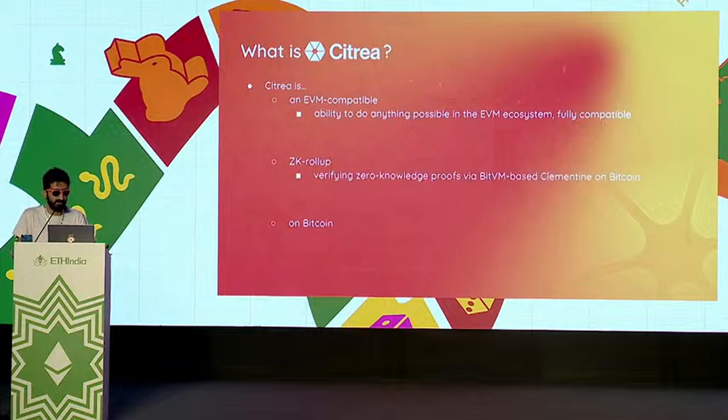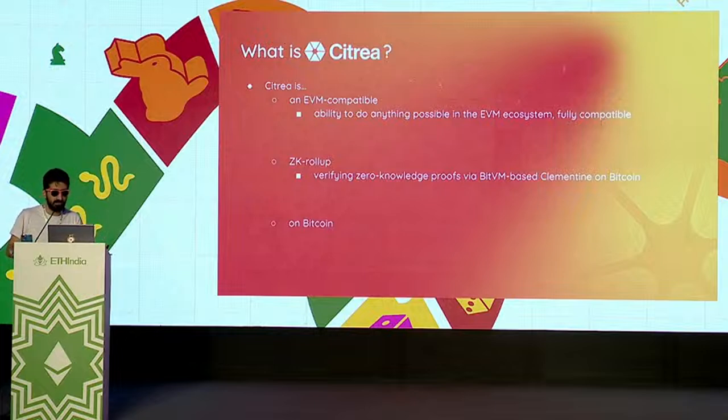Citrea is a ZK rollup. That means we're also publishing zero-knowledge proofs and verifying them using Bitcoin. There are two aspects that I want to talk about shortly. Zero-knowledge proofs are kind of execution proofs. You basically write a simple program, let's say, and then you say, for this particular input, this program prints something like this. But people may say, you may modify this program, you may lie to people, how can I be sure that you ran the exact same program in the exact same environment with these values, and then got these values? This is one specific use case of zero-knowledge proofs.